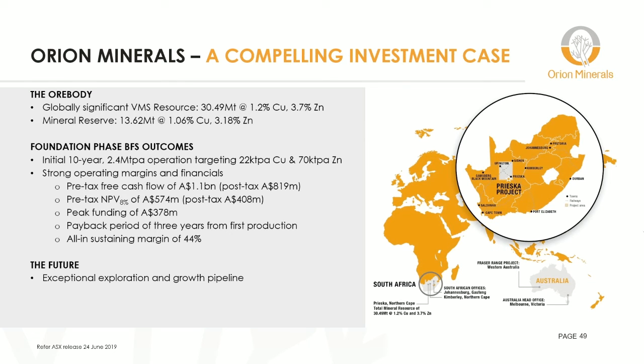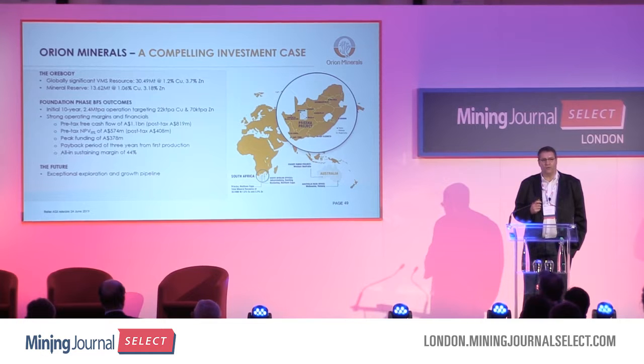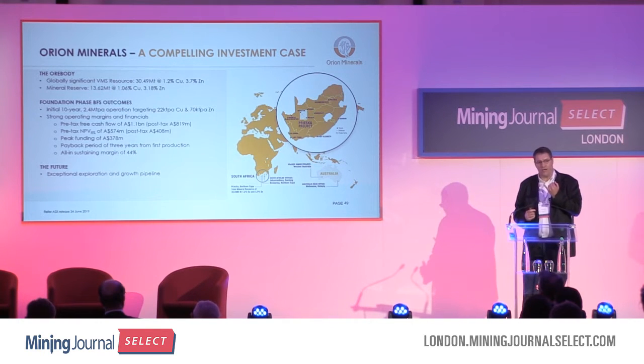The Northern Cape of South Africa is unlike the rest of the South African environment. It's the lowest population density. Our closest community is 65 kilometers from the mine site. But South Africa is exceptionally well serviced by all your mining service companies and engineering companies and suppliers. So it's an ideal situation where you have power, water, roads, railway lines, servicing a mine site with a world-class